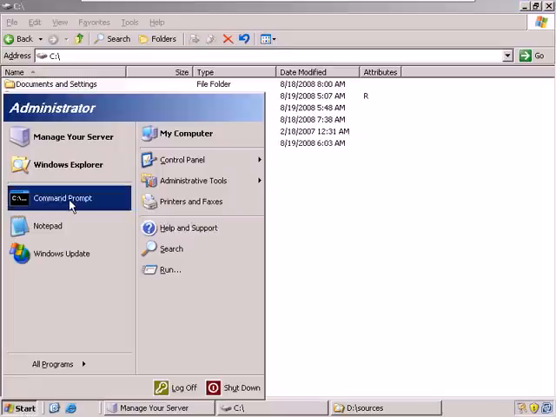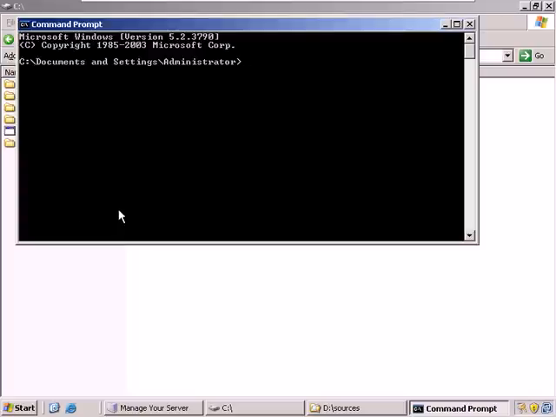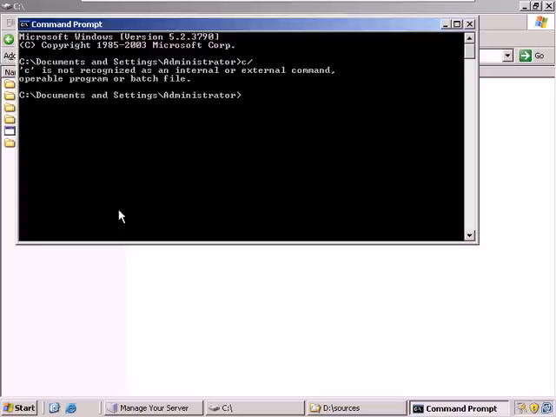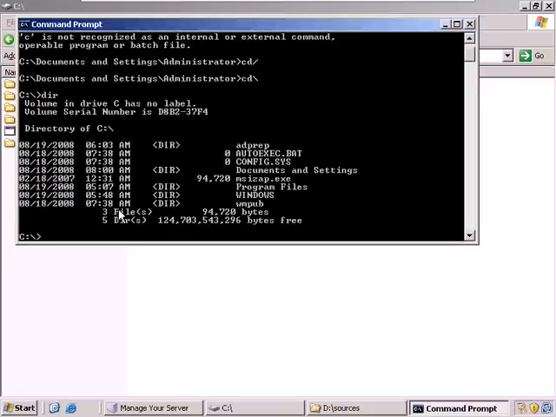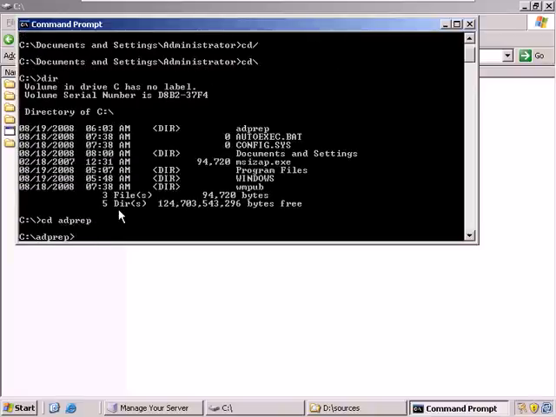All right, now I'm going to go to the command prompt. In order to get this ready, I'm going to first go to the C drive. Whoops, let's try a CD / there we go. And now I'm going to do a quick dir, and I'm going to do a cd AD Prep. All right, so now I'm in the AD Prep directory. So now I'm going to type AD Prep